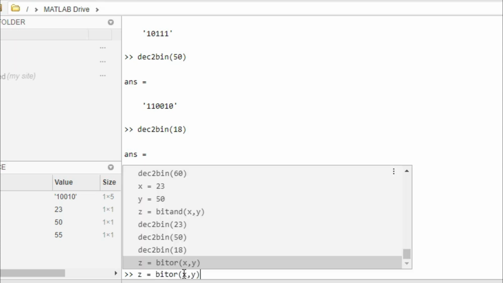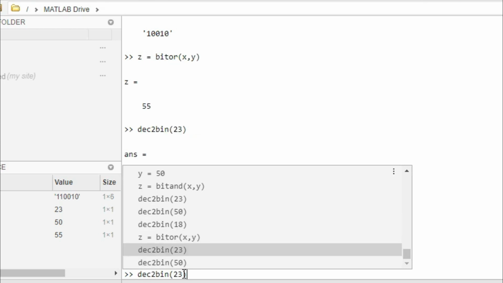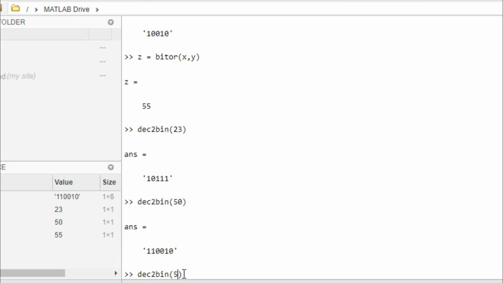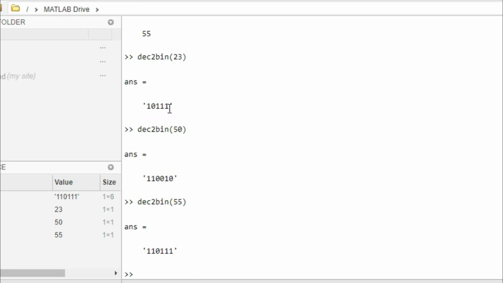In an OR gate, when we have 0 0 then it gives 0. Here we have 1 1, it gives 1, then 1 0 gives 1, and 1 0 0 gives 0, then again 0 1 gives 1, and 1 1 gives 1. Like that it performs the bitwise OR operation.